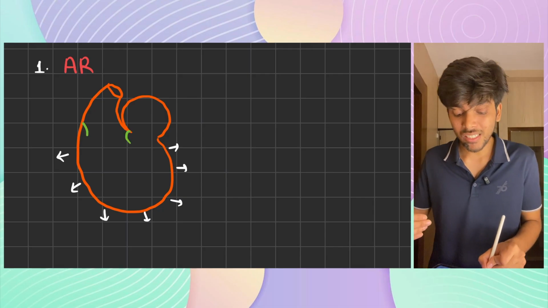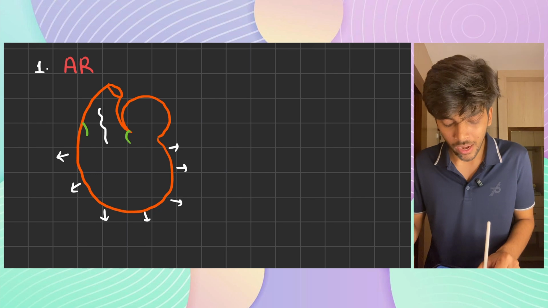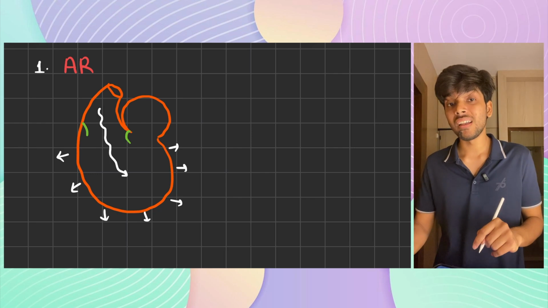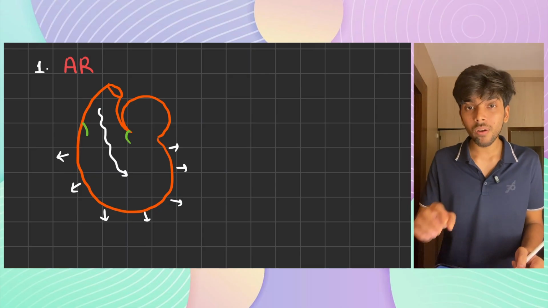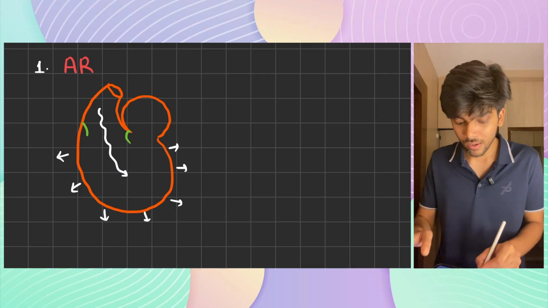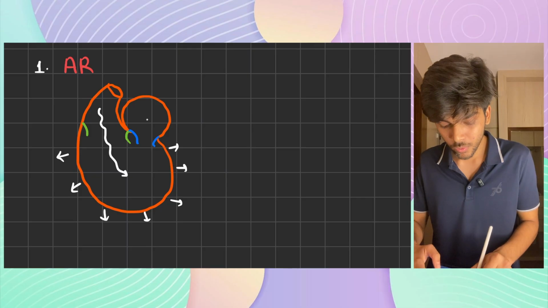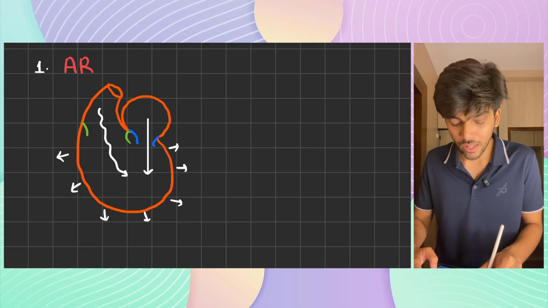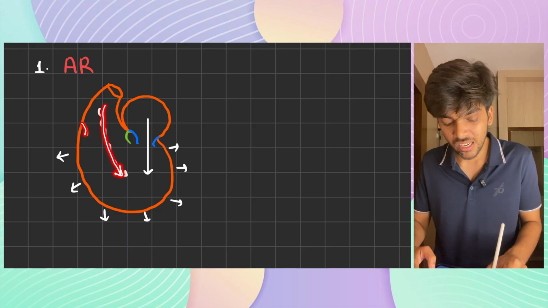As a result, there is backflow of blood from aorta into the ventricle during ventricular relaxation. So ventricular diastole receives blood from two parts. Number 1, the left atrium, which is normal, and number 2, from aorta as well via backflow due to incompetent